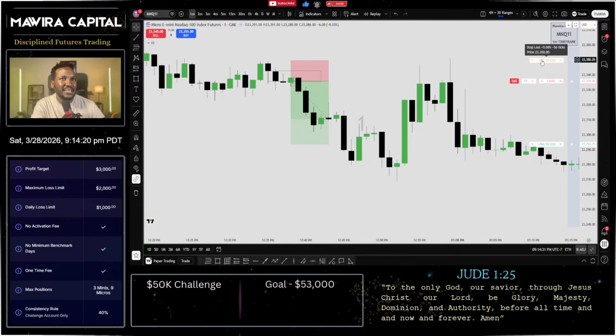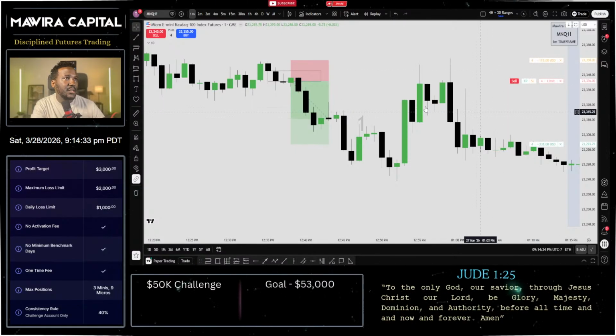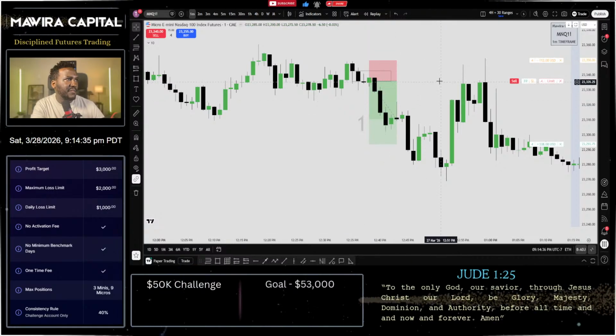So if I want to take way less, let's say all I want to risk today is $100, then it's possible, right? All I do is just take 3 micros or just 4. But with NQ, just the same price level would be